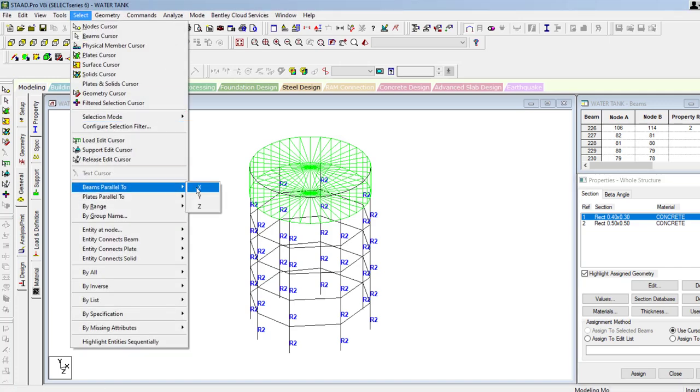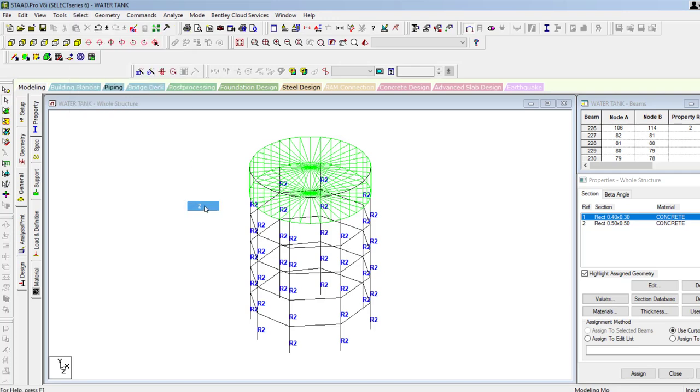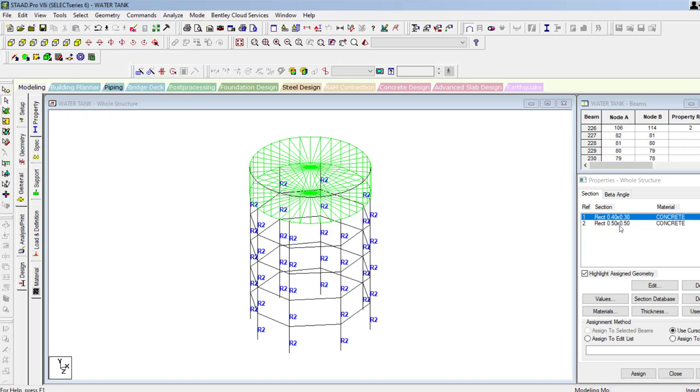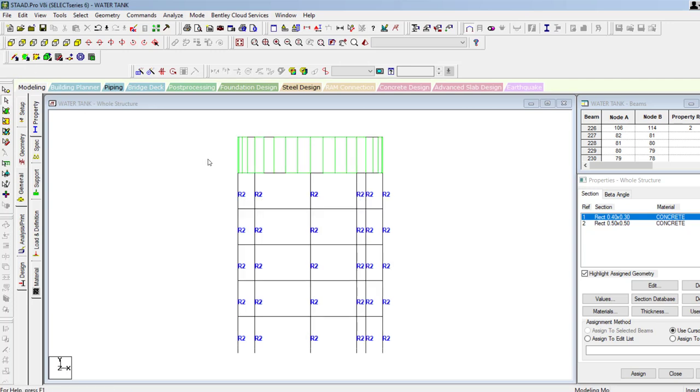Select beams parallel to X. Select beams parallel to Z. Or else you select the beams with the help of the beam cursor by using the front view.